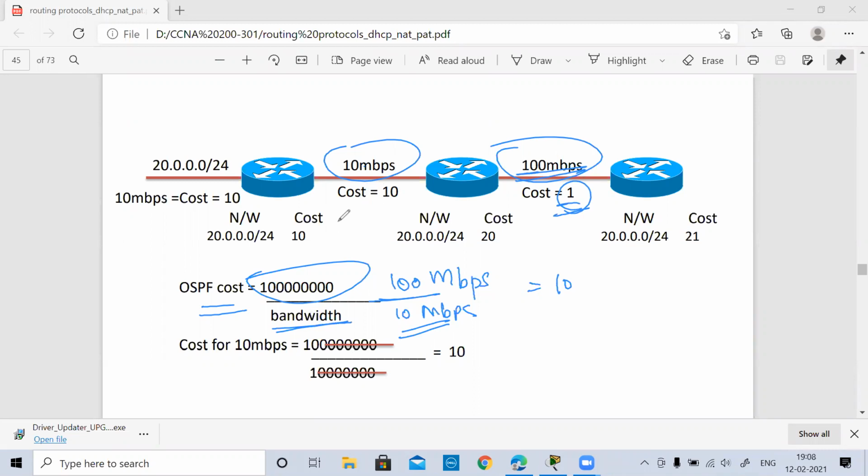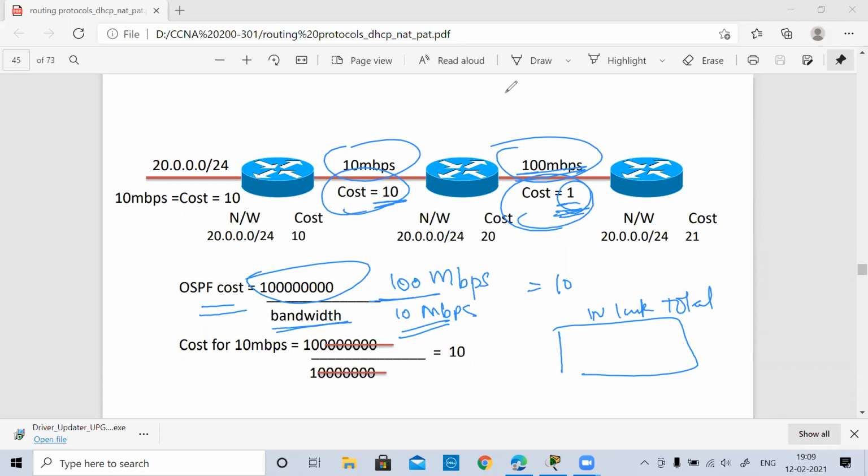So the cost of a particular link is calculated in this manner, and that will help you determine the shortest path or the best path, because you're going to add them up. The way I added in the previous scenario where I said 5 plus 5, 5 plus 5. Even if you remember, the link state database has the link cost and then the total cost. So that particular cost is coming from this calculation.